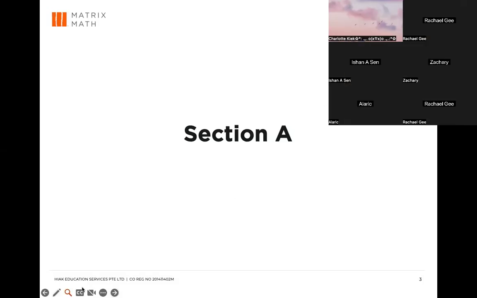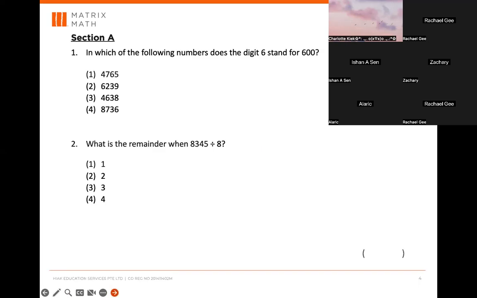Okay, so let's look at section A. MCQ questions. Section A, especially this type of MCQ question, you shouldn't be getting these wrong. Okay, so when they say in which of the following numbers does the digit 6 stand for 600, it's